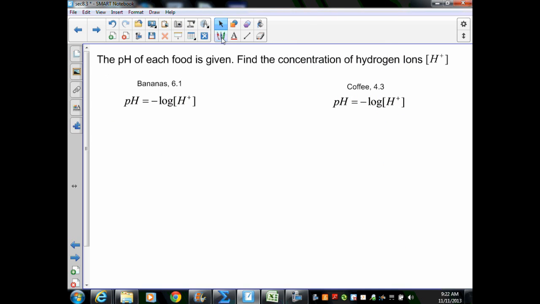In this example, we're given the pH of each food, and we want to find the concentration of hydrogen ions, H+. This is given in a chart in our book. The process to do that: we were given the pH of bananas is 6.1, so we just substitute in 6.1 equals a negative log